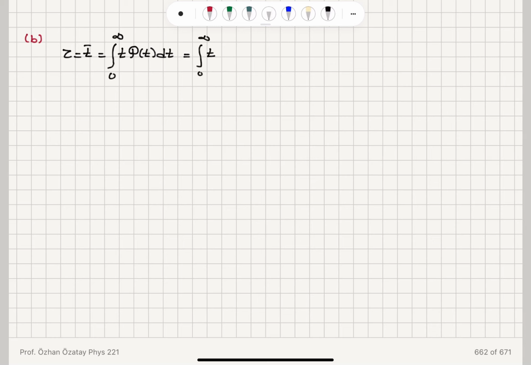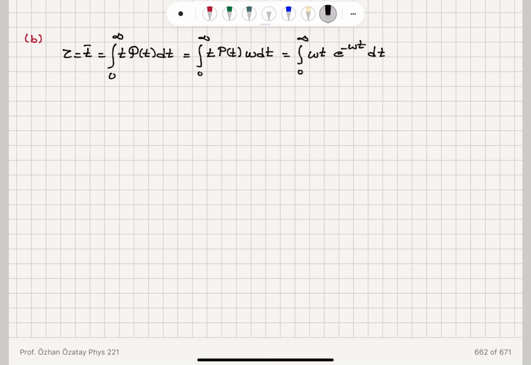This was funny p, now this is the real p. Probability of survival up until time t, probability of a collision in the time interval dt. So this is probability of having survived for a time t, having a collision in the time interval t to t plus dt. So we're taking the average value of the time of the survival before the collision occurs. So we have average value of t, funny P of t dt. So this gives us the integral from 0 to infinity of omega t e to the minus omega t